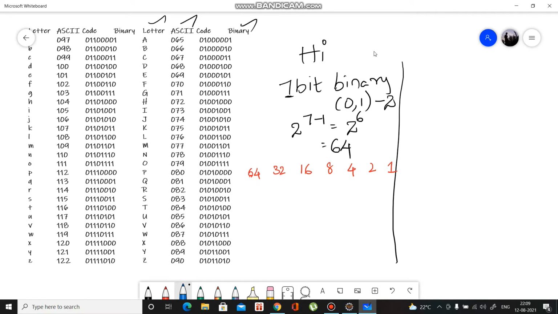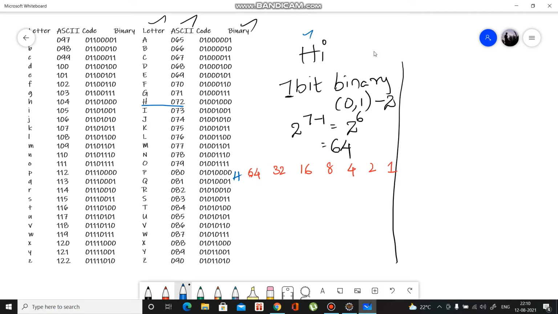Now we are talking about H. H is equal to 72.